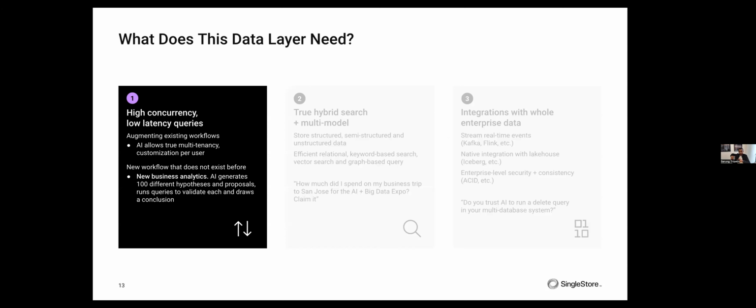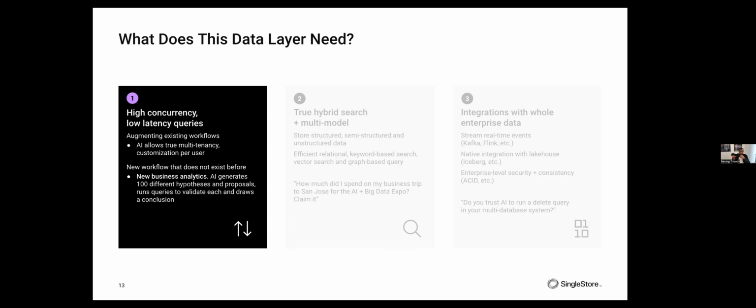Now, let's talk a bit about what that data layer needs. First and foremost, like I mentioned earlier, it's high concurrency and low latency queries. Today, we say things like, oh, my application has 10 users querying it at one time. My application has 100 users querying it at one time.